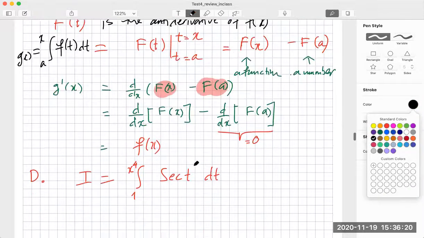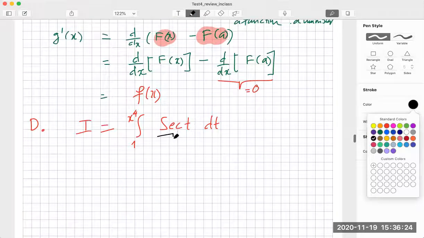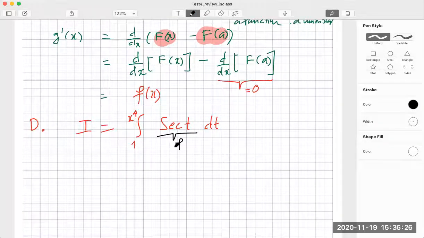In this form, what is the integrand, the function of this? If we call this guy small f of t, right? So therefore, I here,